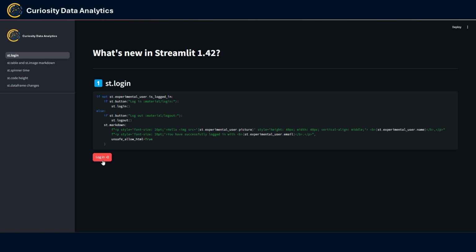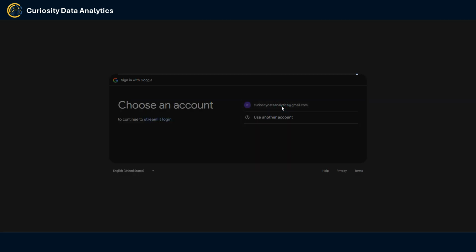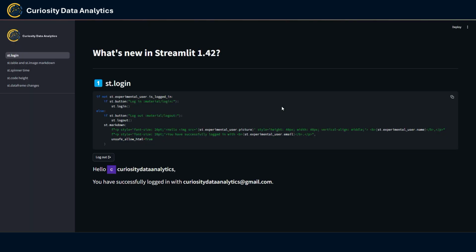So if I click on the login, the Google login page appears, and then I can log in onto my Google account. And as I just mentioned, when I'm logged in, I can extract some information from my Google account. So I'm saying here hello with the Google username and